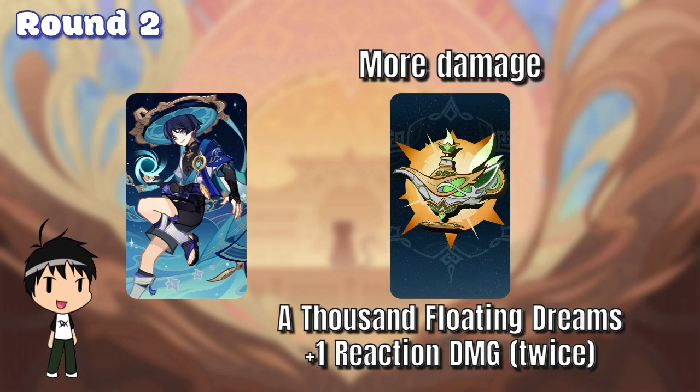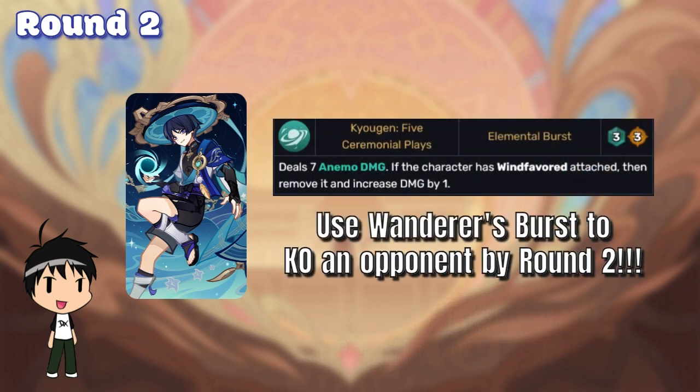Another weapon you can equip onto Wanderer is A Thousand Floating Dreams. This weapon lets Wanderer hit like an absolute truck. Once Wanderer's burst is charged and ready, your opponent's character should be heavily wounded thanks to his constant pressure, and his elemental burst, which deals 7 or 8 if he still has his Windfavored status, should easily take down